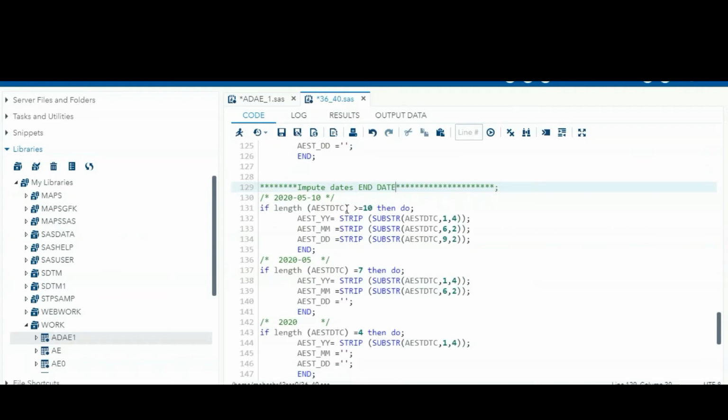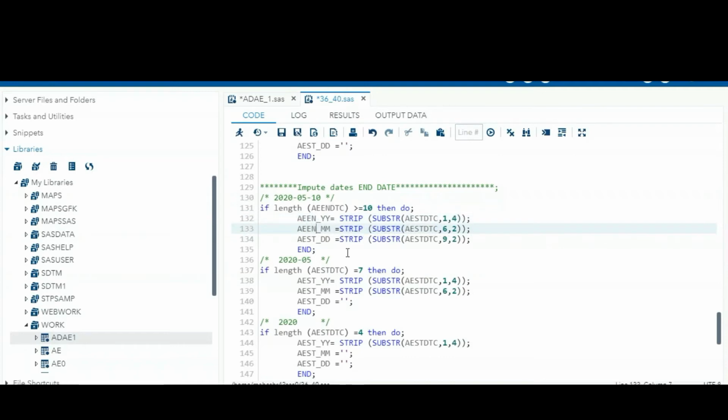Instead of AESTDTC, we give AEENDTC, and instead of ST, I am giving EN.